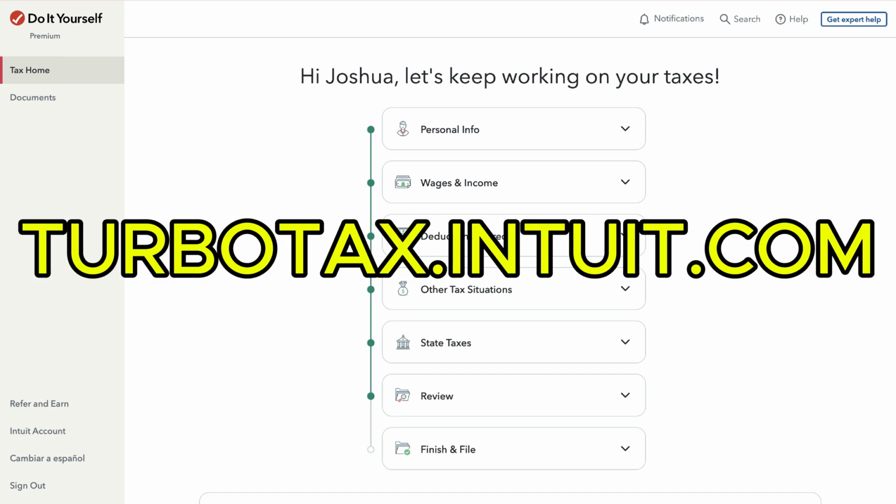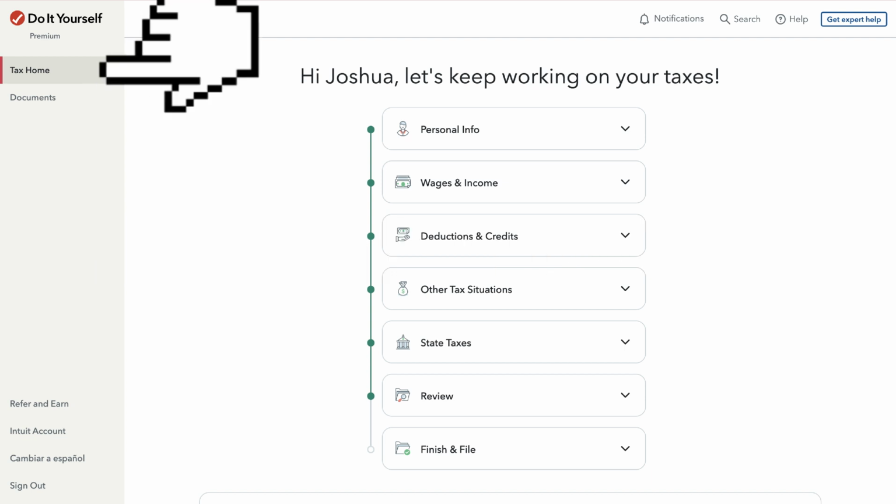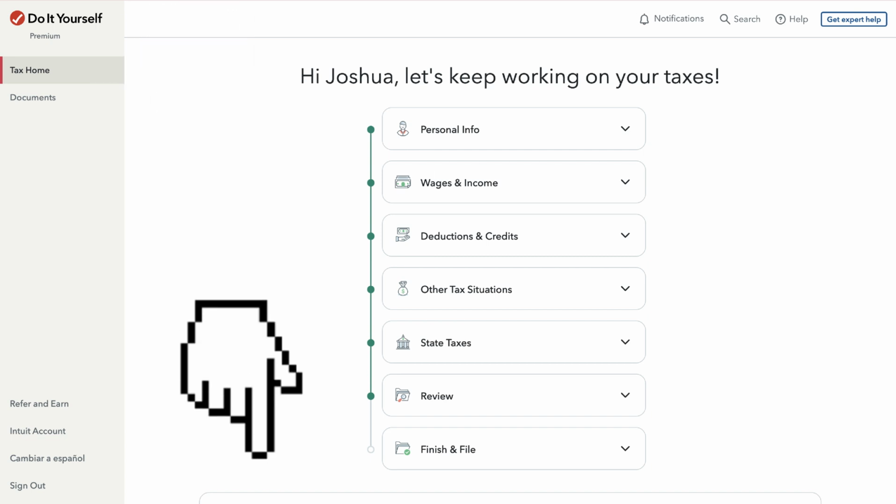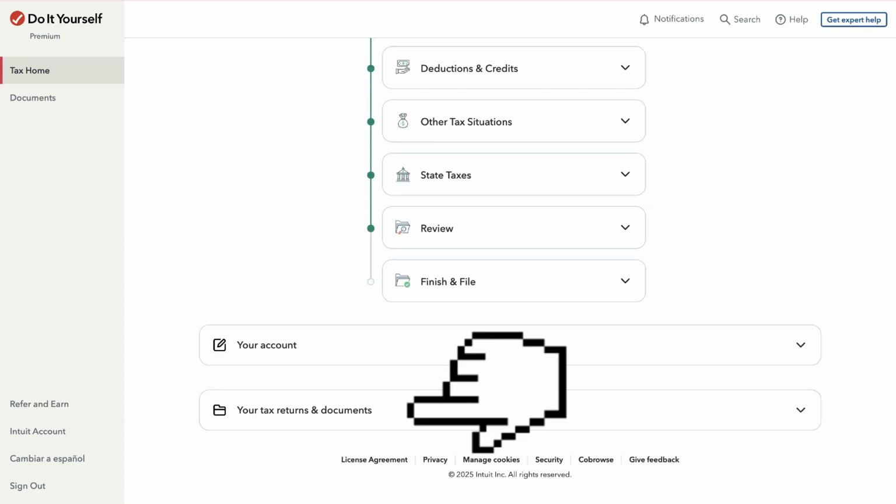After you sign in to your TurboTax account under turbotax.intuit.com, you want to look at the top left of your screen and make sure you are clicking on this Tax Home button. After that, you want to scroll all the way down and you will see this, your tax